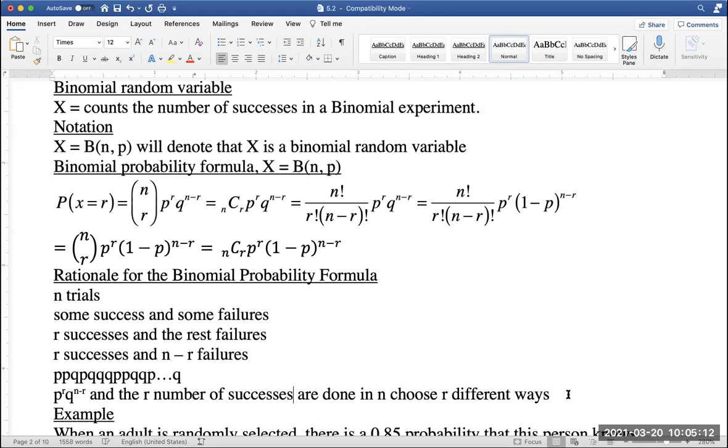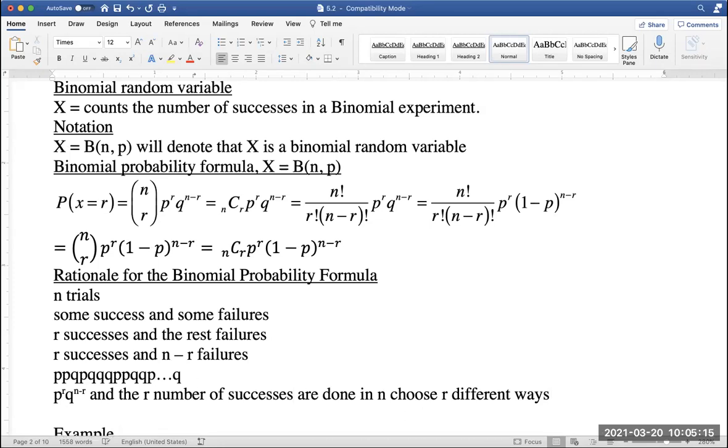Therefore, thus, the probability of having, oops,